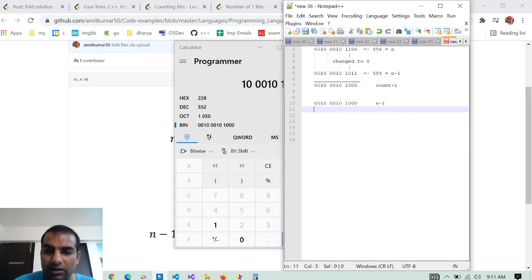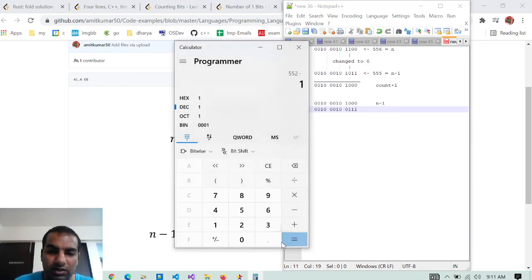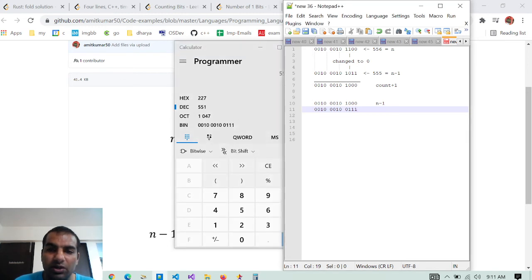Again, in n minus 1 the least significant on bit is 1, so we'll have everything the same except this becomes 0 and all these become 1, right? So minus 1, this is the number, which becomes 551. This is our n minus 1, so let us forget about the 551 or whatever it is.